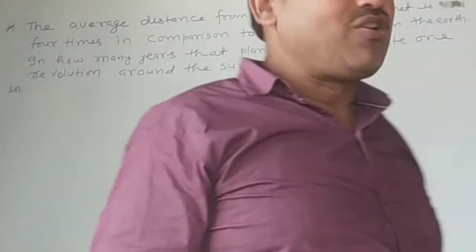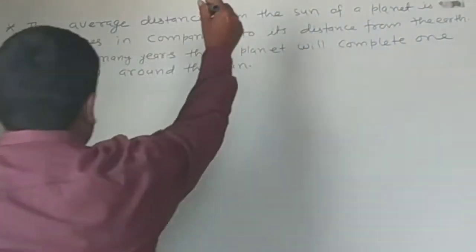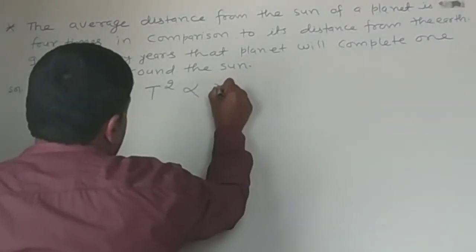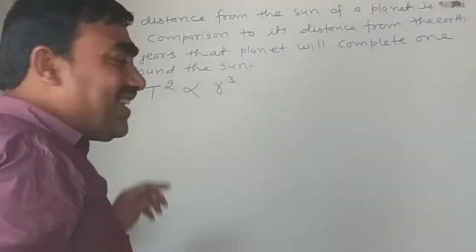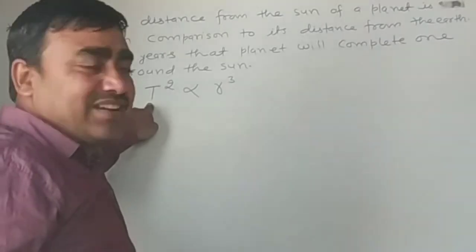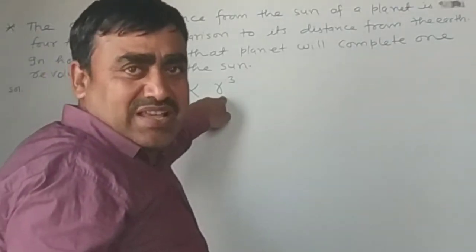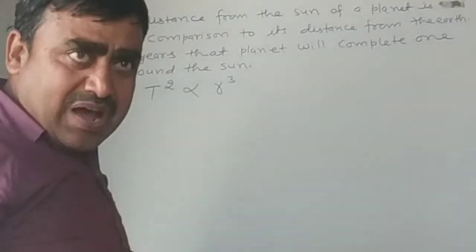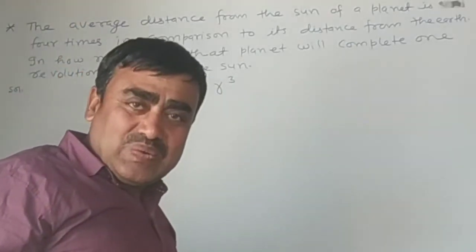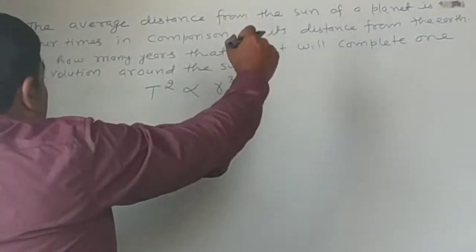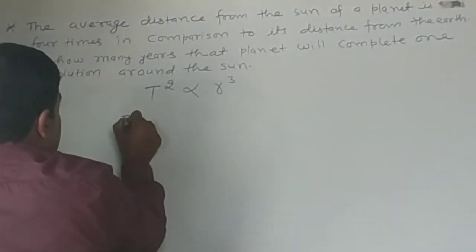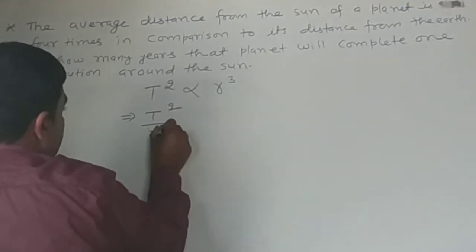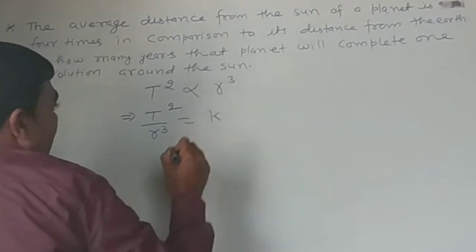According to the third law of Kepler, T square varies as R cube, where T is the time period and R is the distance from one body or one planet to the sun. This can also be written as T square upon R cube is equal to K, and